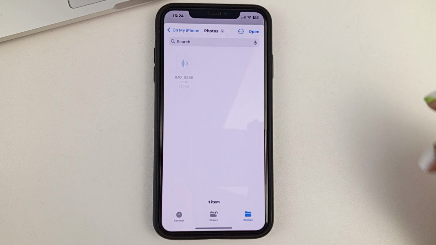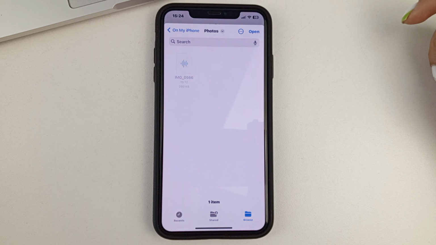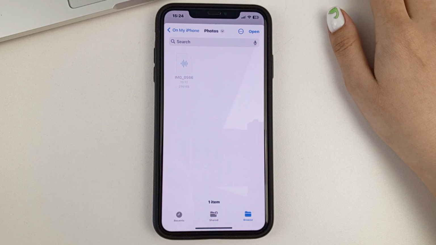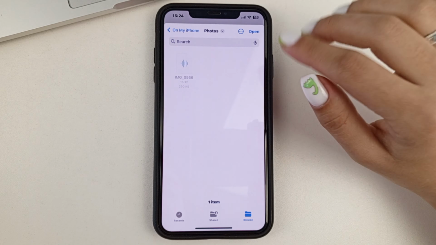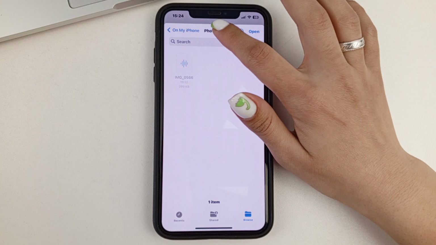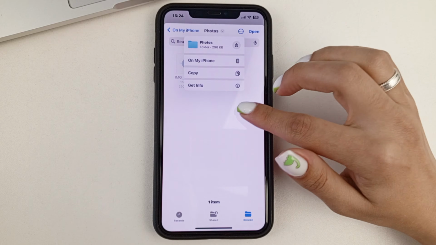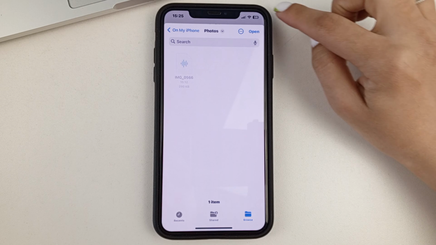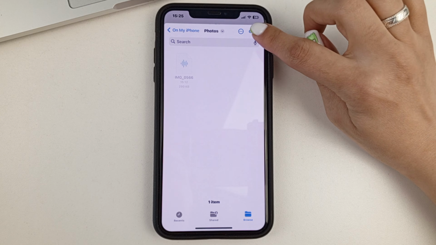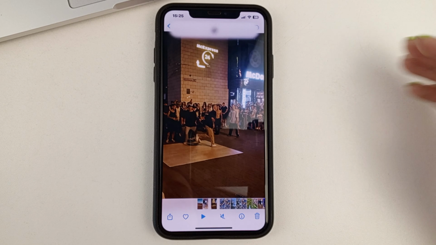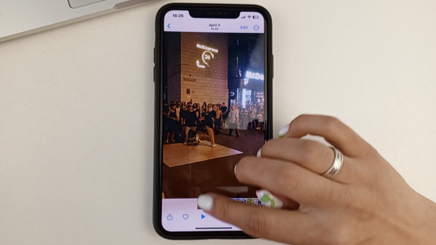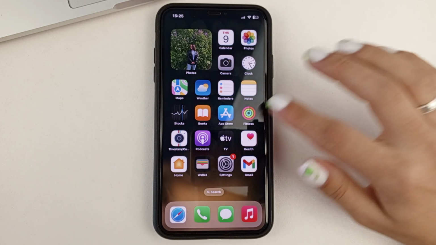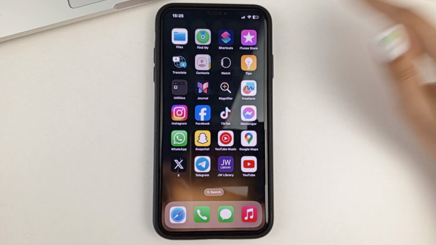And you'll need to wait a little bit of time for it to spin up. Then you'll need to choose where you want to add it, which folder you want to add it to. Then you select the folder, then you click Open. So as you can see, this video will be added to your Files app.